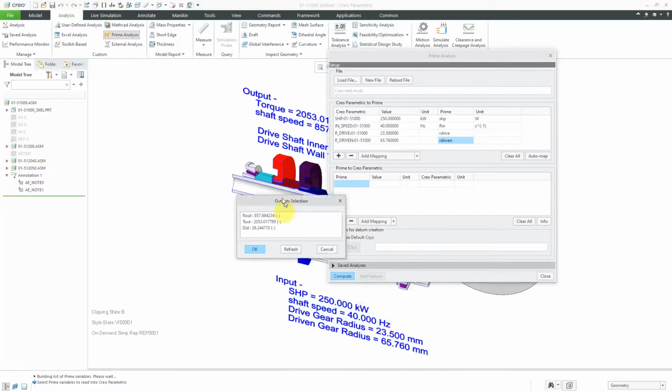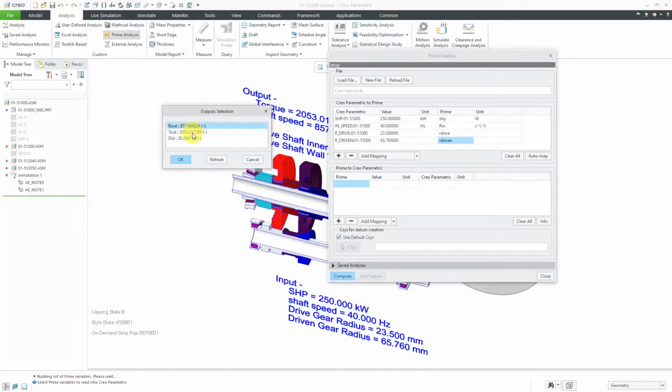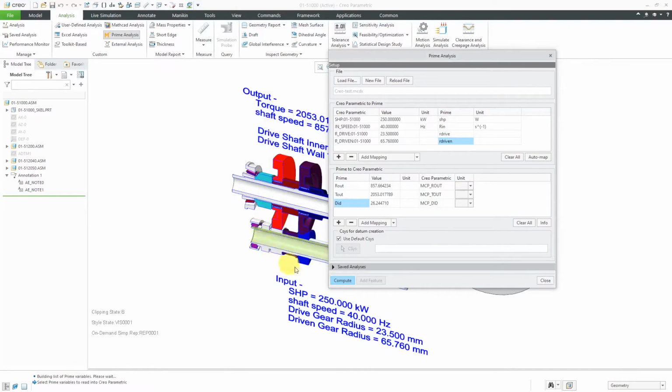And it sees all three of those things that were designated as outputs. I'm going to grab all three. I'm clicking on them and click the OK button. Now we're going to try to compute. And when we do that, it's actually taking those values from Creo, sending them to the worksheet, and recalculating and getting the values out. So for example, here it calculated the output speed, and here it calculated the torque, and